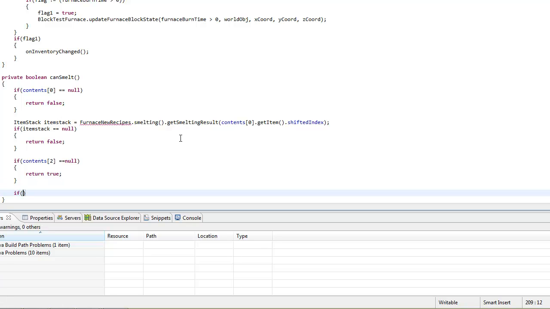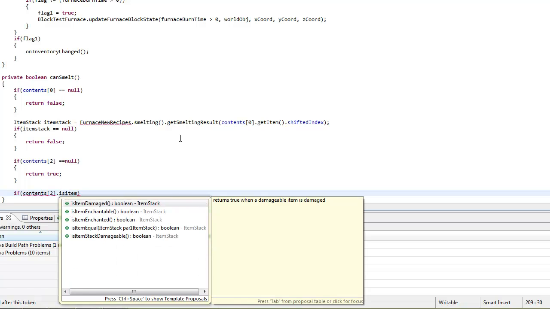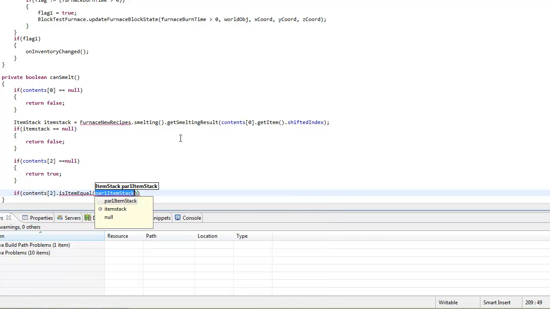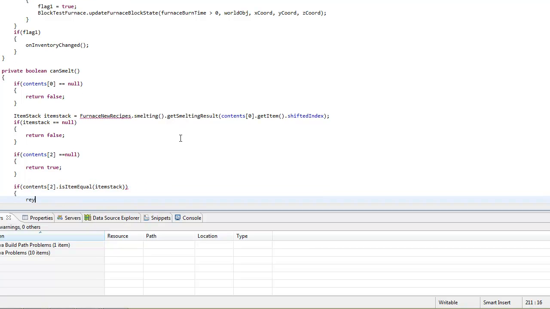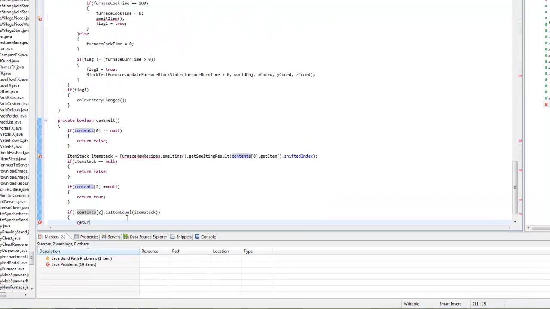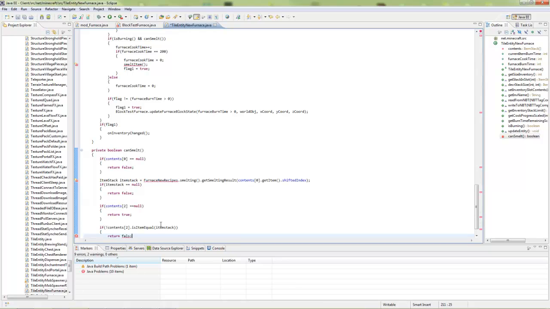And if our contents slot 2 dot is item equal to our item stack, then we are also, if it isn't, then we're going to return false. So basically what this one is saying